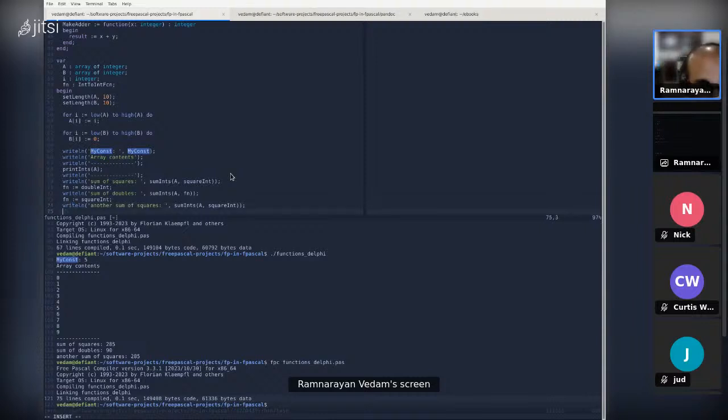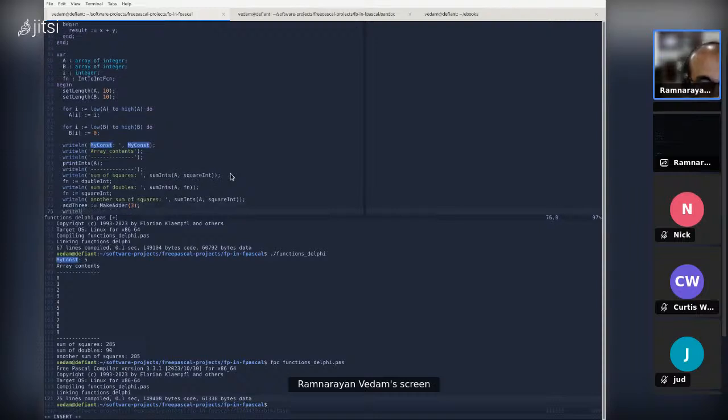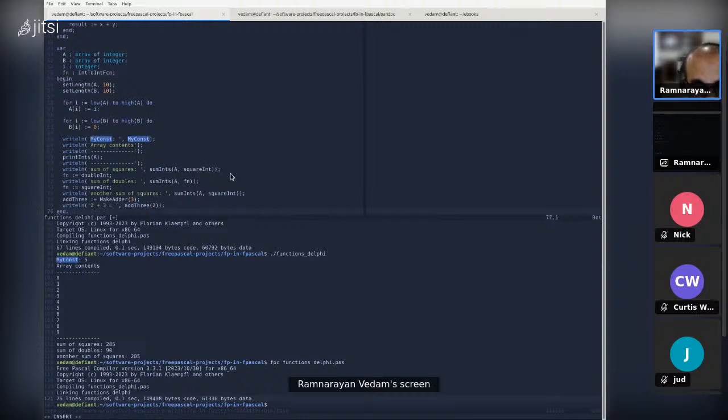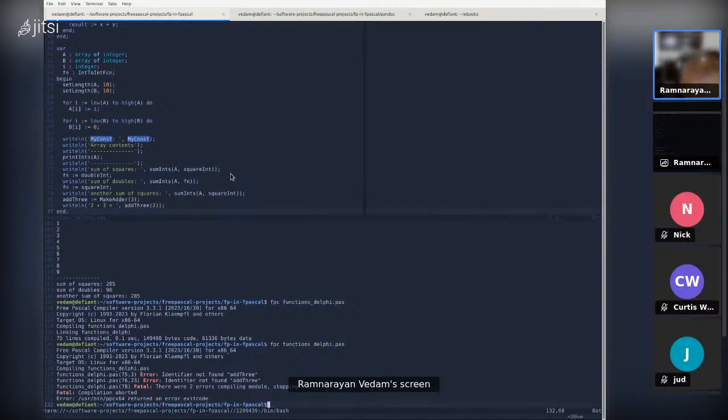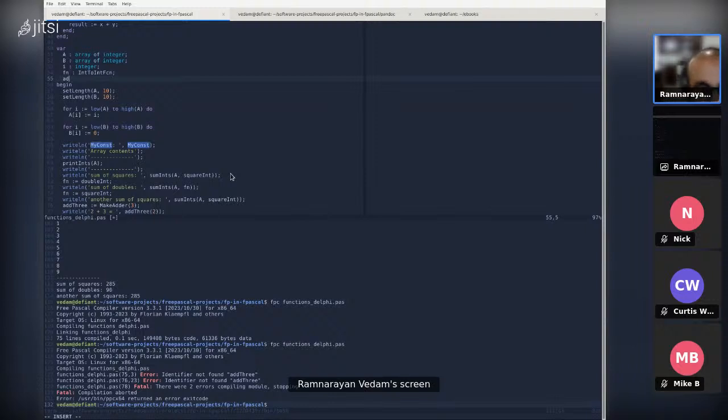So let's go ahead and use this. Let's make an add 3 function here. Make adder 3, and let's write 2 plus 3 equals add 3 to 2. Oops, I forgot to actually define the function here.